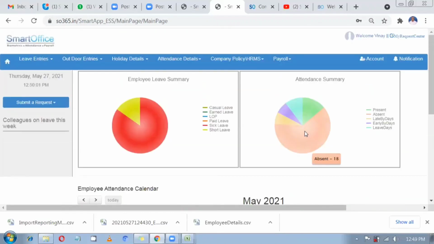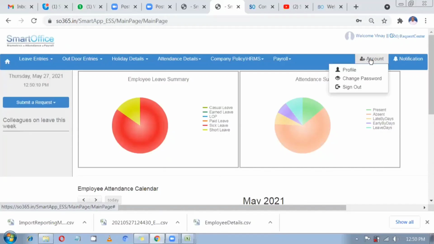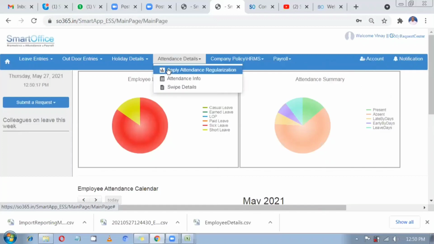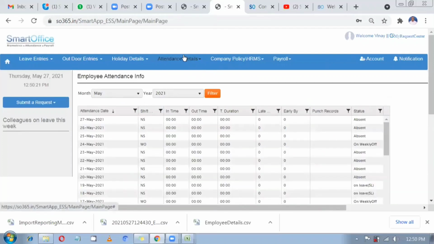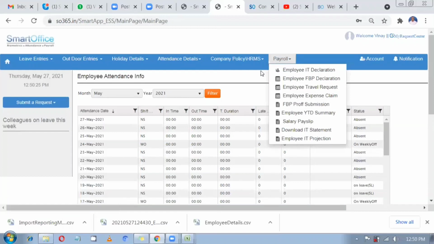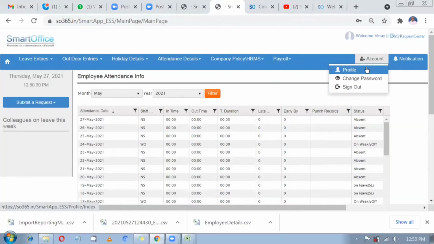And from this ESS application, which has already been explained in the last webinar also, you can clock in, clock out, apply leave, apply the outdoor entry, check your attendance, check your swipe details, and apply the regularization. And if you are using payroll options, you can generate your pay slips and all these things from here. Okay, so now we have some new features we have added that I am going to explain.